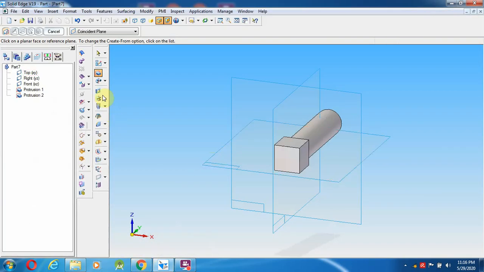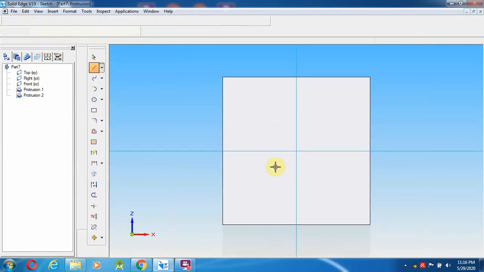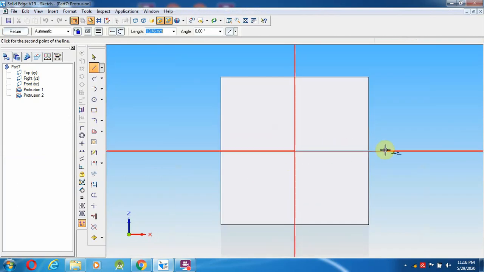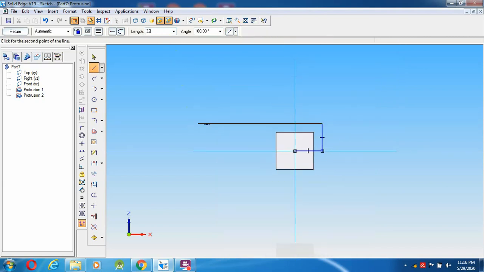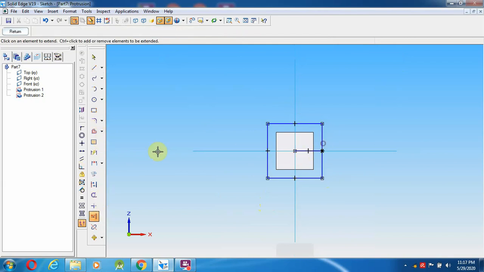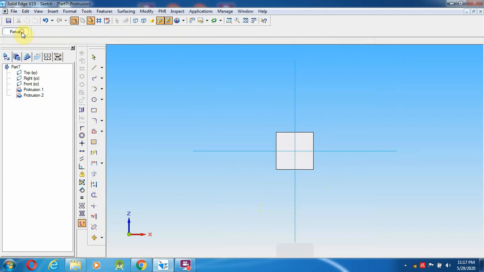So go and select the top here, select 32, means from here to 16, 16, 32, 32, 32 and extend to next, and trim it, return.